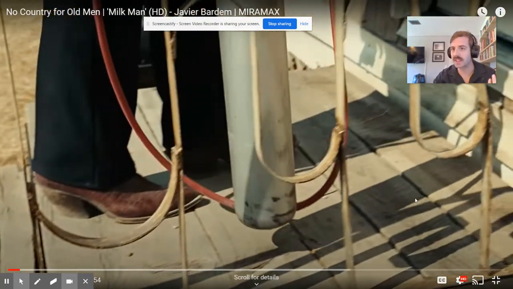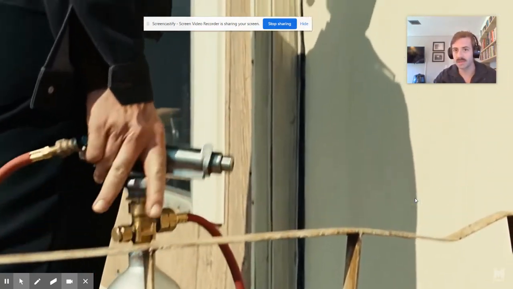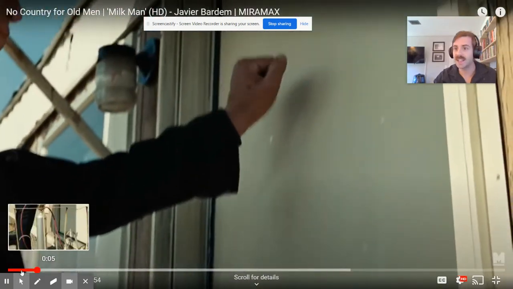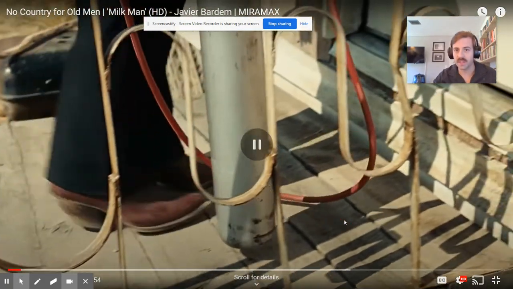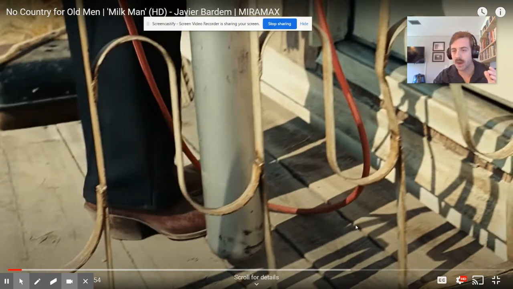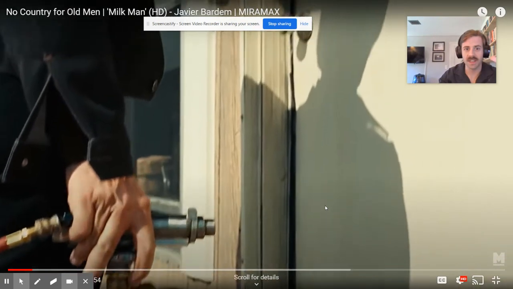But the mark of a good director and good storytelling is that I'm able to tell what's going on without there being any sound at all. So initially, I'm going to replay that first. I want you to think about, what are we looking at? Why aren't we seeing this in a full shot of this guy walking up to a door? We're seeing very deliberately, we're starting at his boots and the camera's slowly moving up,